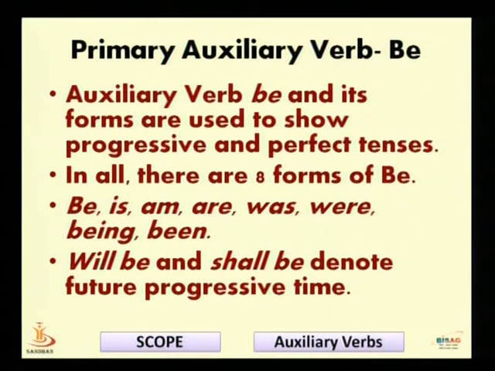Now there are so many forms of be. There are in all 8 forms, and you can recollect them very easily. For your ready reference, I have mentioned them in italics. These are the forms of be. We can start with be as the base form, then is, am, are. As all of you know, is, am, are are used in the present tense format when they are used as the auxiliary verbs. Was and were